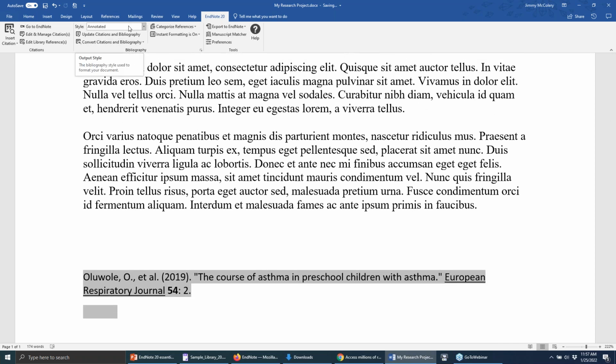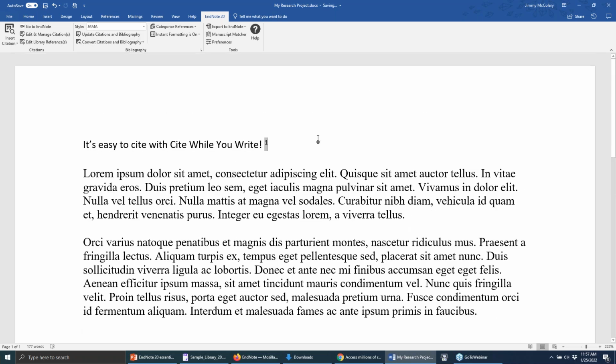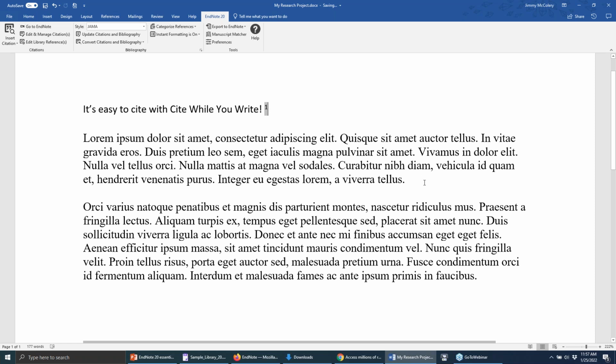Right now, we're formatting with that default annotated style, but we can go ahead and click that drop down. We can choose another style, even a numbered style, let's say, and just apply that on the fly. There's one other citation insertion option called Insert Selected Citation that involves switching back to your library to select references